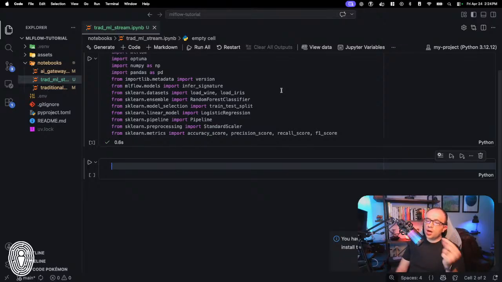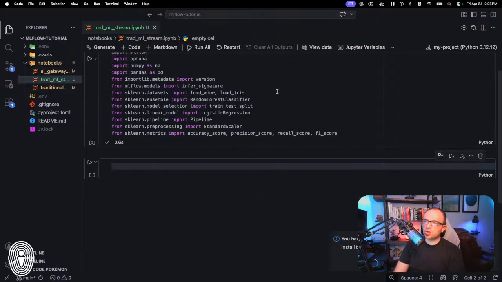Whereas the other way to do it, and the way that I like to do it better, assuming that everything's just kind of plain vanilla, is this concept called auto logging. MLflow supports a number of different machine learning frameworks. It supports scikit-learn, XGBoost, PyTorch, etc. As long as your model framework is supported, then you don't necessarily have to do the manual stuff itself. It will automatically determine that for you and automatically log those parameters, those metrics, etc. So that's kind of nice that it does that for us.